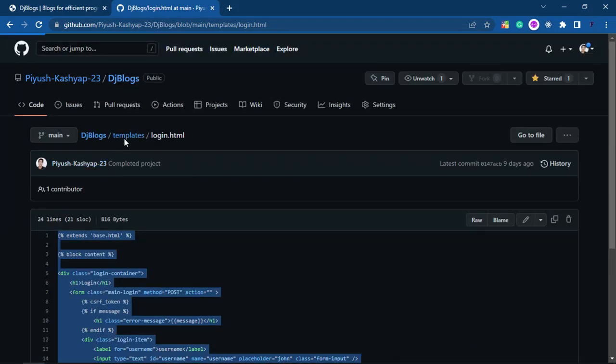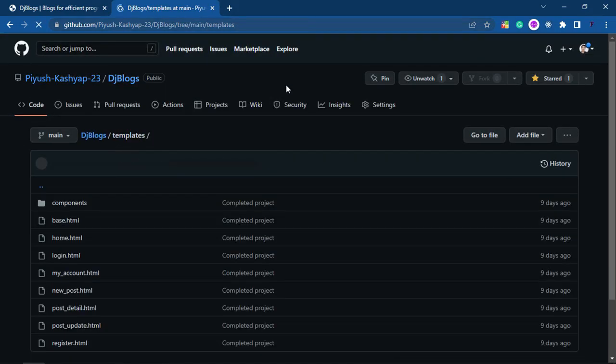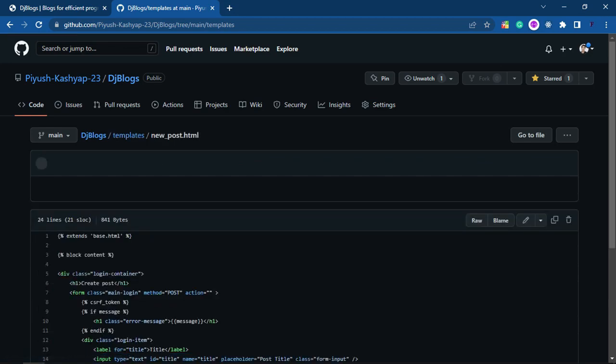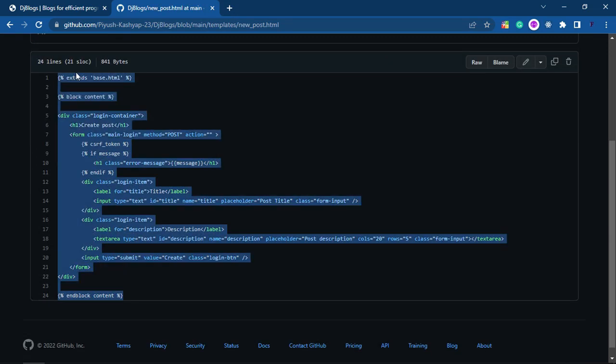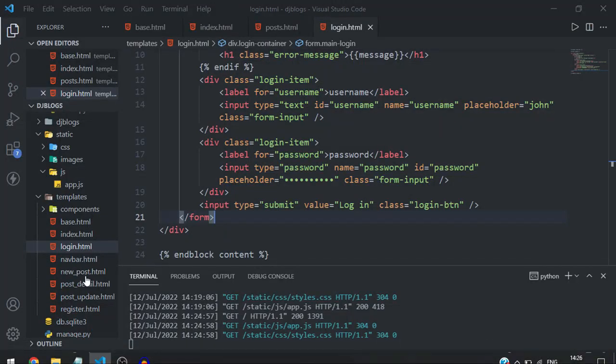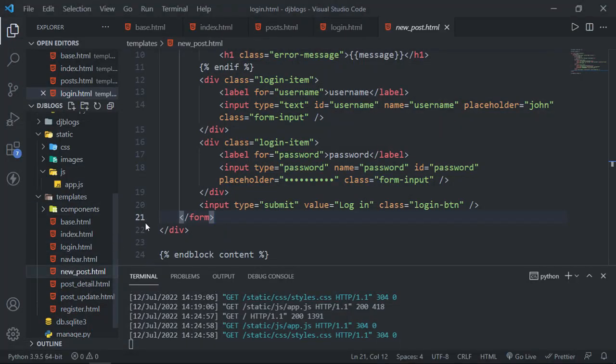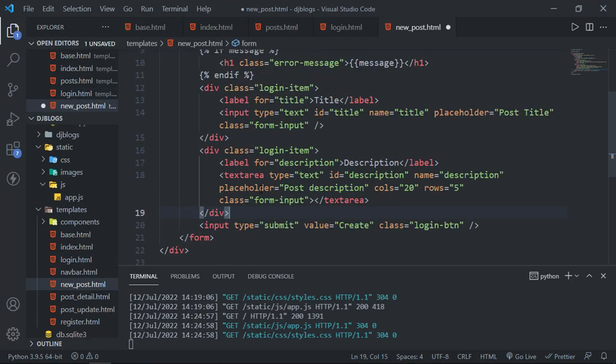So open this templates folder. We haven't created this my_account.html. We will create this later. Open this new_post.html file and copy this and paste it in this new_post.html file. Let's save this,